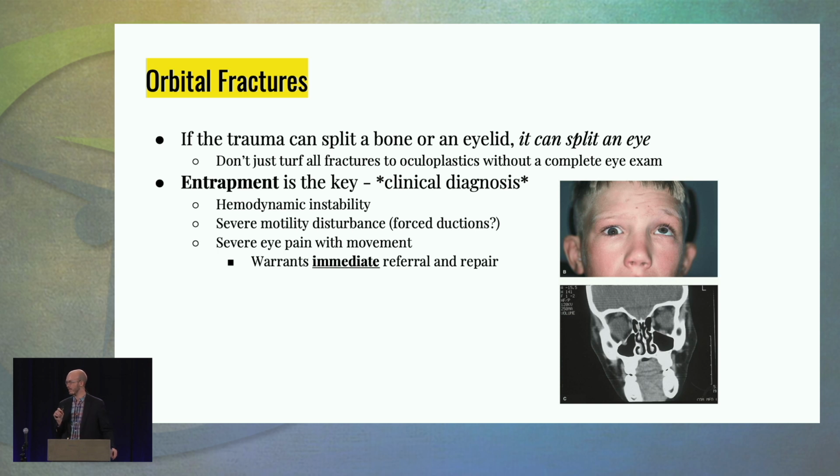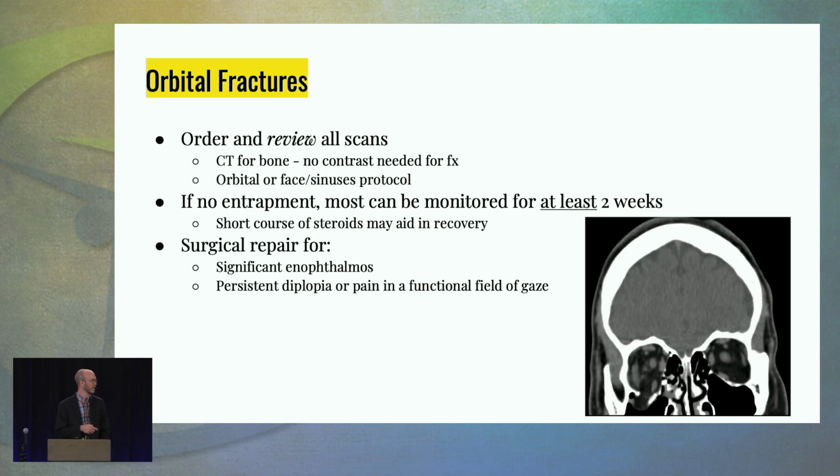And it can be subtle, so it doesn't always look like this picture where you have them look up and one side's looking up and the other side's not moving. It can present like a concussion. So if a patient's just not acting right, the parent says they're usually hyper and they've been really out of it since they hurt themselves at softball practice or whatever, that's a red flag. And if there's any motility disturbance at all, you don't even have to wait for the scan. I would just go ahead and call the oculoplastics person so they can at least be getting ready, and then order the scan in the meantime. But that has to be fixed immediately because those muscles get ischemic, and then you've got bigger problems.